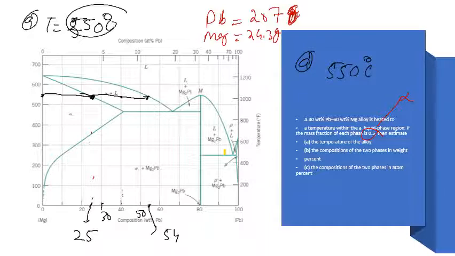And part B is the composition of the two phases in weight percent. So we know it is 25. This is the alpha line, so C alpha, and this is the liquid line, so it is Cl. So if you want to find the weight percent of alpha, let's say this is my R and this is S. Then the weight percent of alpha will be S divided by